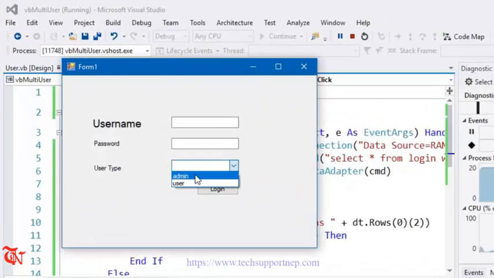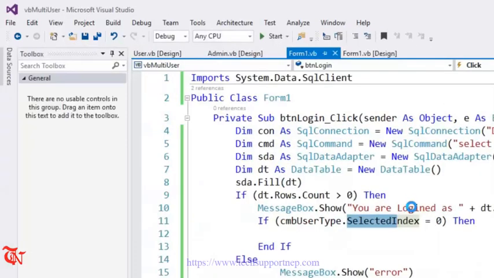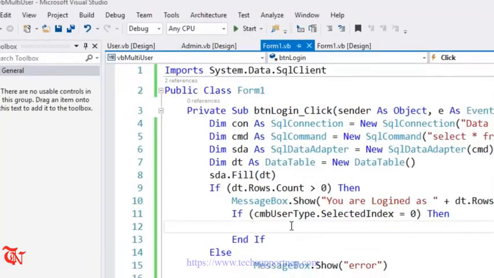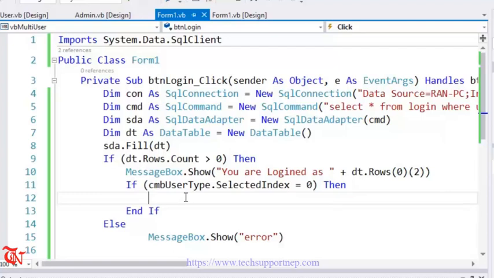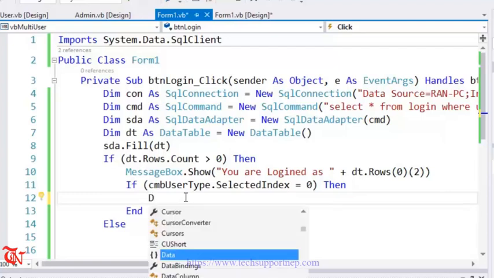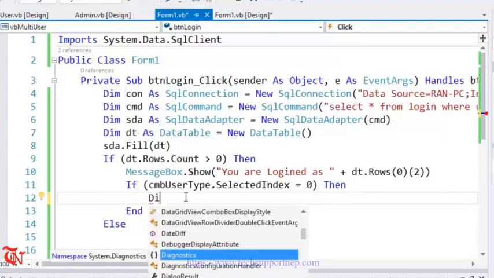Now when you select this admin, this means index 0, and when you click this user, this means index 1. So when you select index 0, we need to display admin